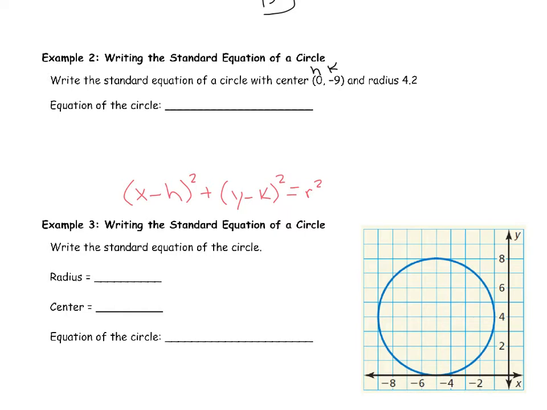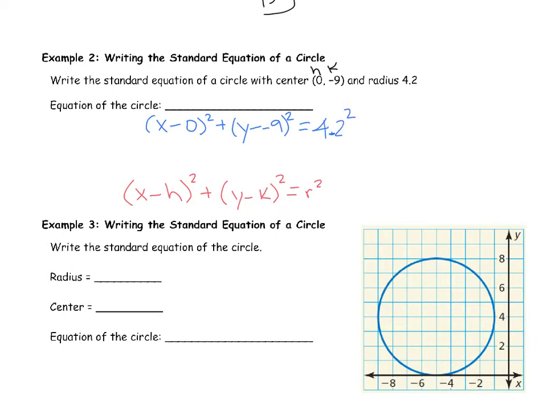When we're plugging into our formula, we would get x minus h, which is 0, squared, plus y minus -9 squared equals r, which is radius,